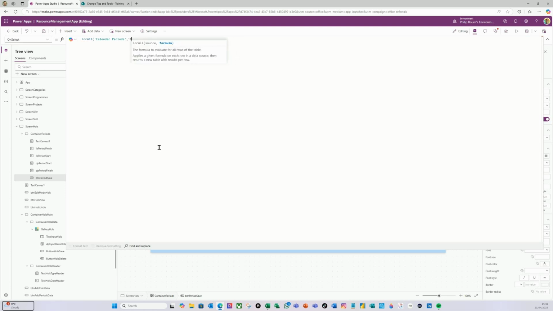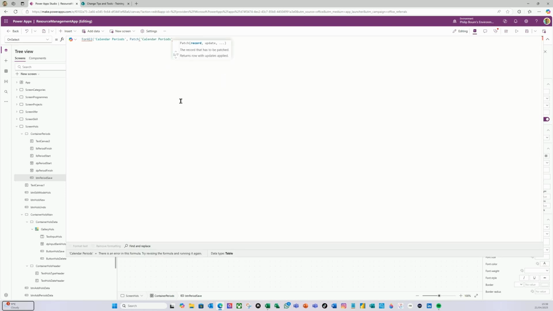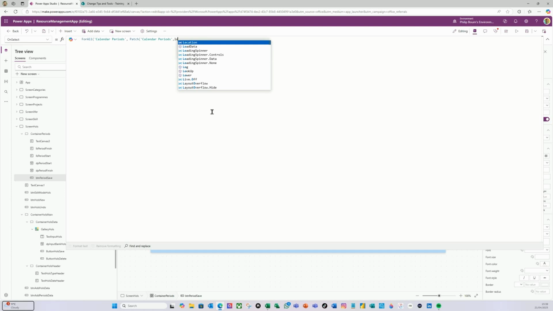Let's do a return. So I want to do a patch. Let's get rid of that there. So I want to do a patch on calendar periods. I'm going to do a lookup